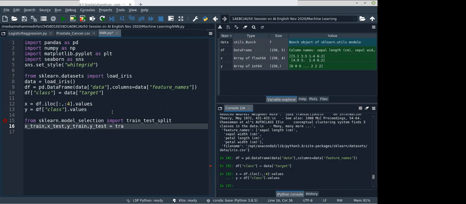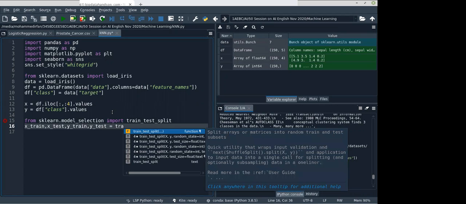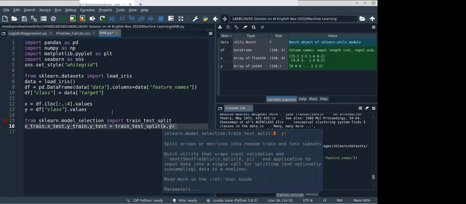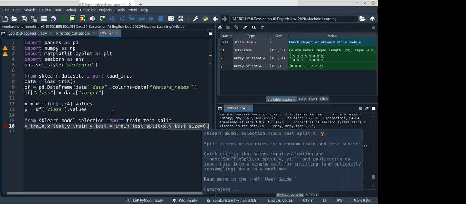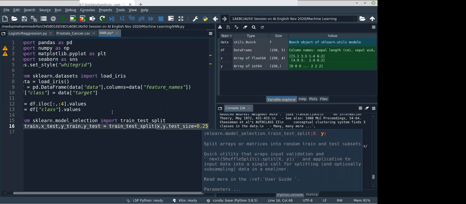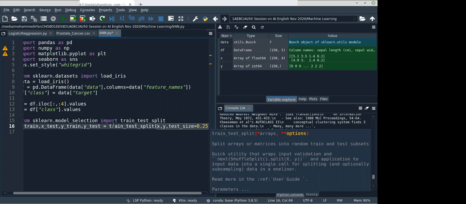Call the function train_test_split, and you want to give the data x and y, and another two parameters. The test size you need to give. So I will give 0.25, 25% data for test, remaining 75% data will be for training.